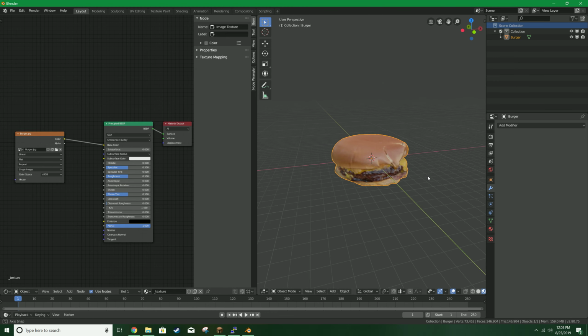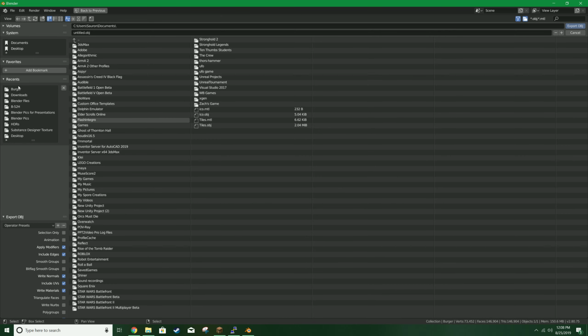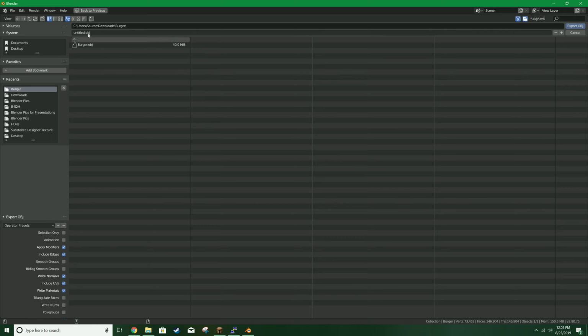Now you can go ahead and export your new file with the reduced size. So we're going to go export wavefront.obj and export it to wherever you want it. In this case, I'm just going to put it back in the burger folder, and I'm going to name it burger lower res so that I can tell this is the lower resolution object. Go ahead and export it,